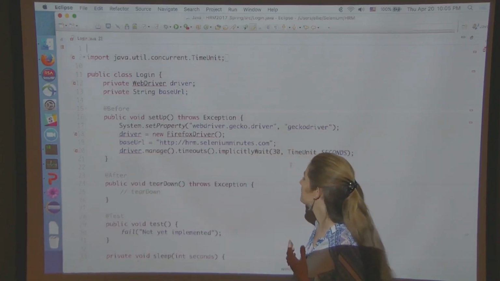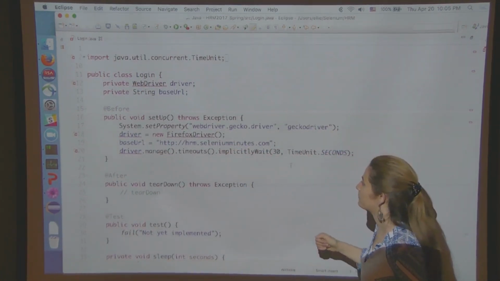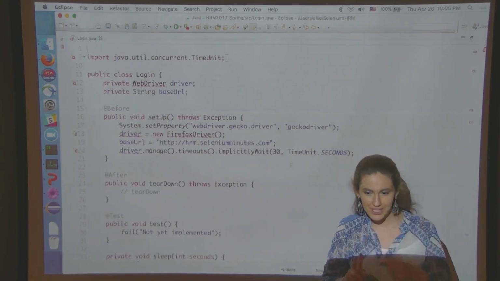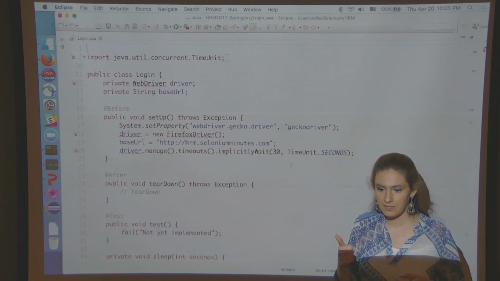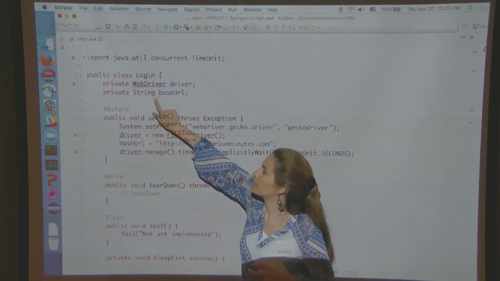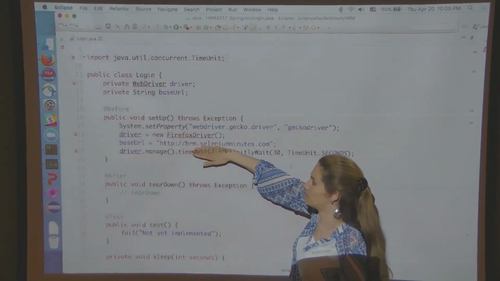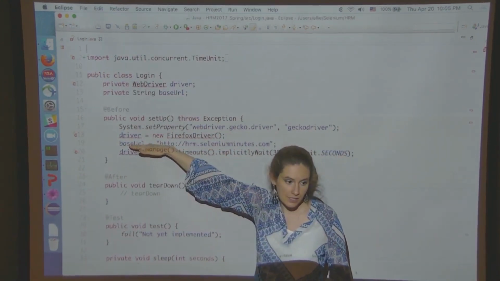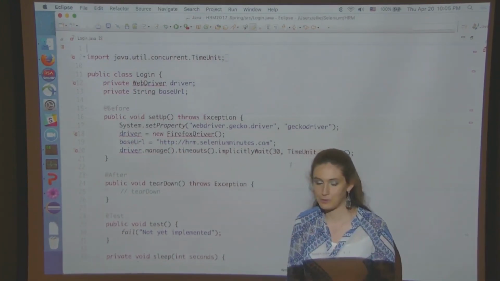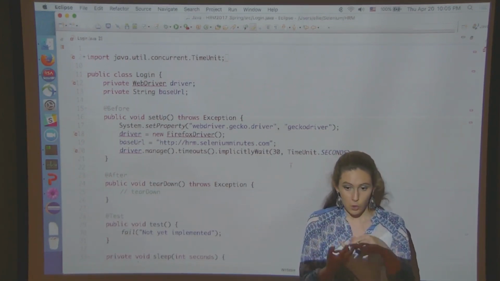And of course, semicolon. Semicolons. We like semicolons. Okay. That was the second thing we needed, the browser. What was the first thing we needed? The URL. We are going to declare a container for the URL. We are going to put the URL inside the container. That was one of those three things we needed. So we have our URL, we have our browser.